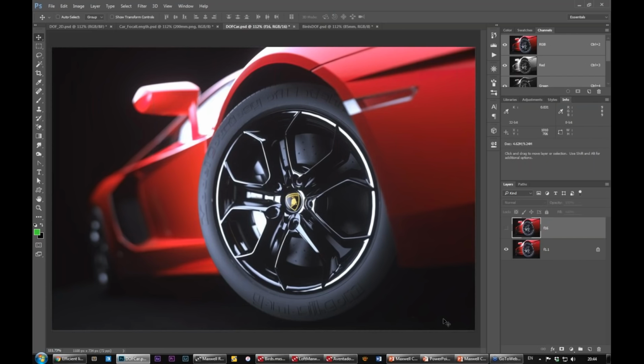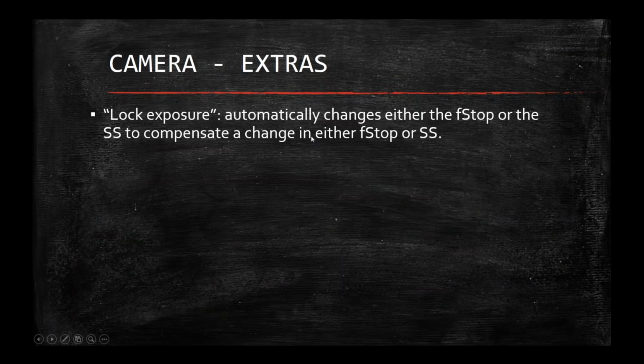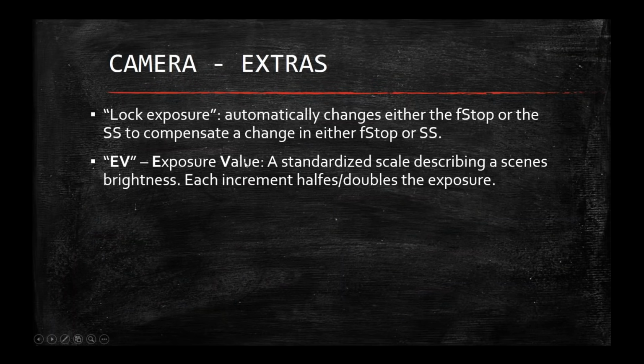Right, so just to wrap things up quickly, a few more extras. So the lock exposure, I talked about that. It automatically changes either the f-stop or the shutter speed depending on which parameter you change, just so that it keeps the same exposure. And now the EV, you saw that that is also a parameter in the camera, and this is really a standardized scale describing how bright a scene is. And each increment in your exposure value is either going to halve or double the exposure in your render. So, for example, if I